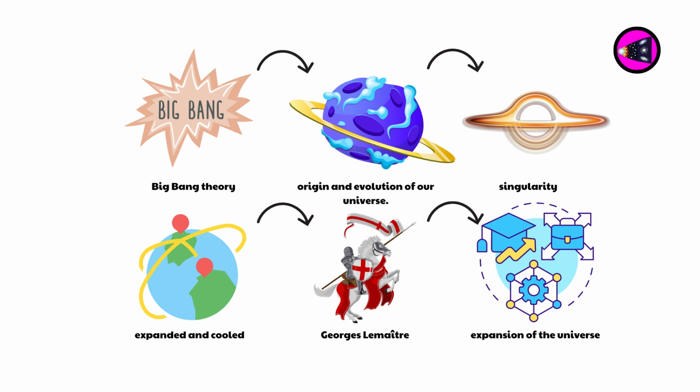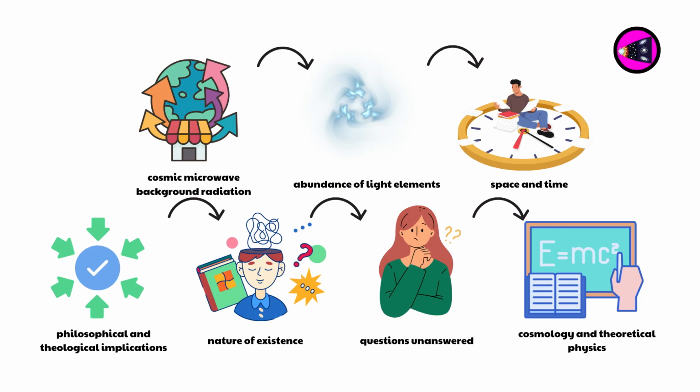This theory, first proposed by Georges Lemaitre and later developed by physicists like George Gamow and Ralph Alpher, provides a compelling explanation for several key observations. It accounts for the expansion of the universe, the cosmic microwave background radiation, and the abundance of light elements in